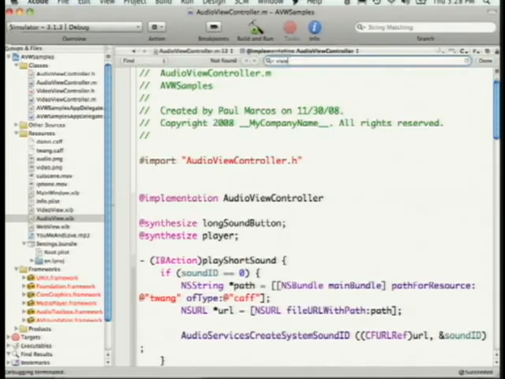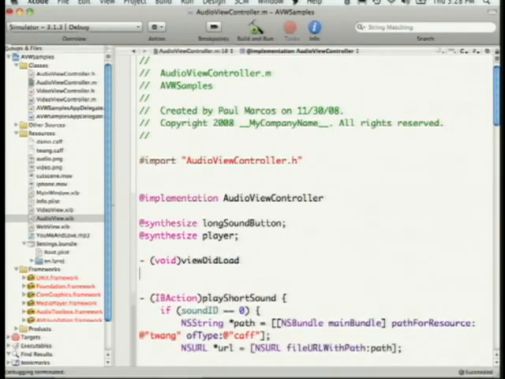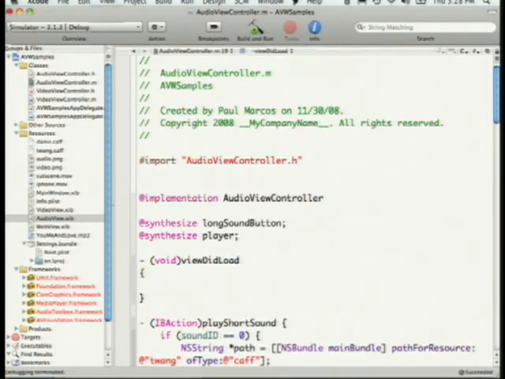So do I already have a viewDidLoad? I don't think so. So viewDidLoad. We're going to say, what was it? passwordField.text equals NSUserDefaults